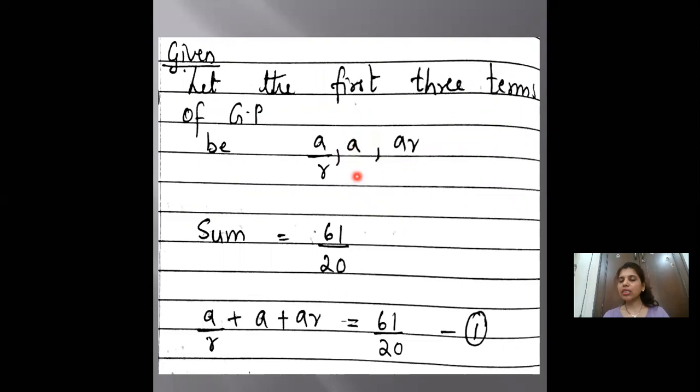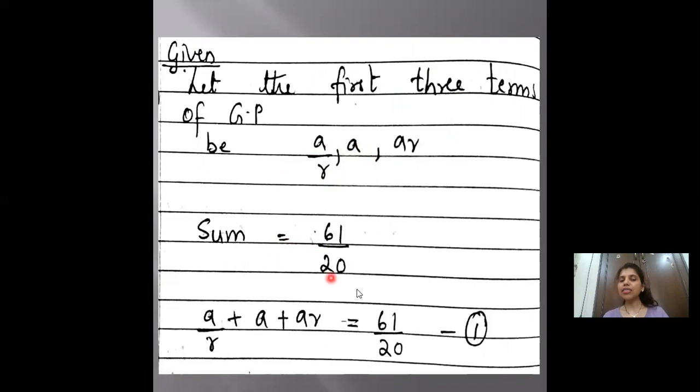Whenever you are assuming 3 terms, take the middle term as A, then A upon R and AR. So as it is an odd number, you go in sequence. So A divided by R, like R raised to 1, and multiply also by R raised to 1. If 5 terms are told, again as it is an odd number, A will be the middle term, then A upon R, and AR means multiplying and dividing by R. The next will be A upon R raised to 2 and AR raised to 2. So you're going in sequence for the odd terms.